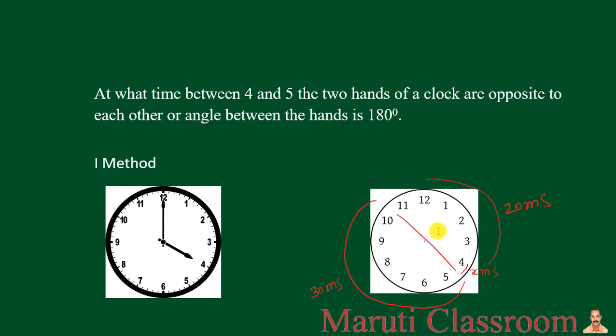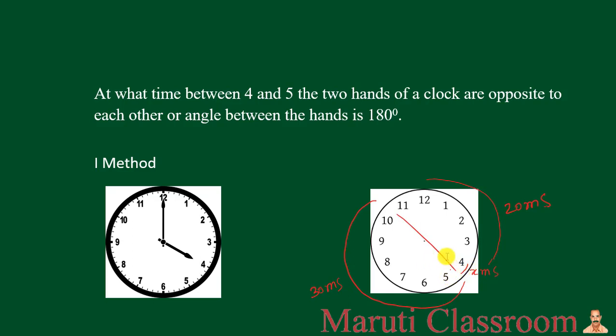To make a 180 degree angle with the hour hand, the minute hand should lie between 10 and 11. If the minute hand is between any other two numbers, the angle between the hands cannot be 180 degrees. Now the angle between the minute hand and the hour hand is 180 degrees, which means they are in a straight line. A straight line passing through the center of a circle is a diameter. A diameter divides the circle into two semicircles. We know that a circle contains 60 minute spaces, so a semicircle contains 30 minute spaces. And assume the gap between 4 and the present hour hand position contains x minute spaces.